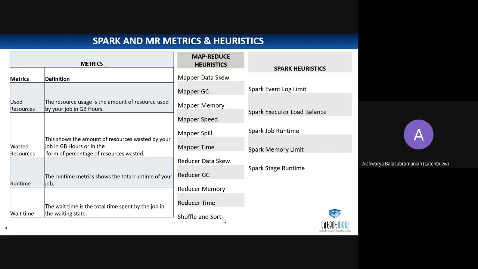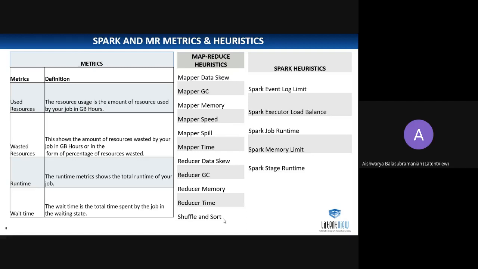Wait time is, if I have 100 mappers running in parallel, out of which 90 completed much quicker than expected and 10 are still running because of some issues, all the remaining mappers will be waiting until those complete. So all these metrics are captured by Dr. Elephant, and you have a dashboard where you see the metrics overview separately so that you can understand how your job performed on the basis of these resources.